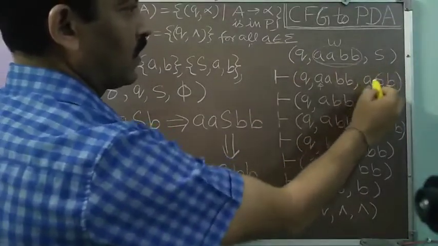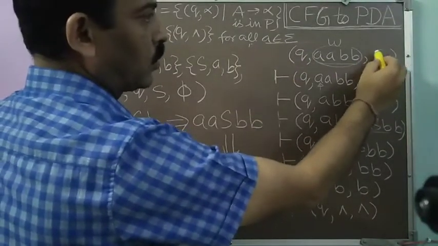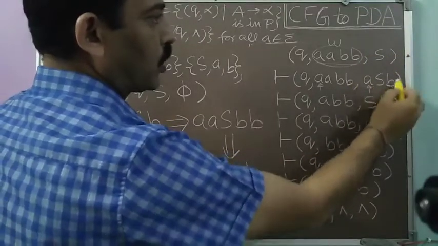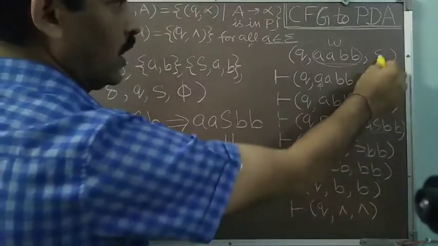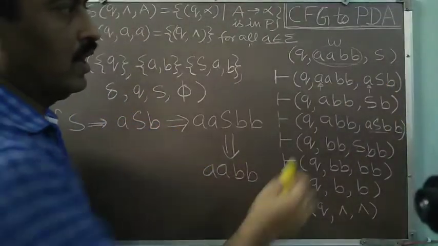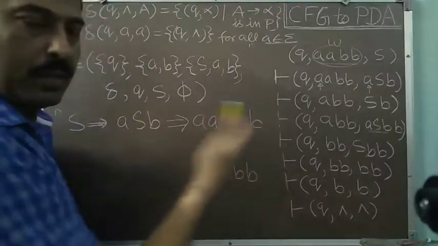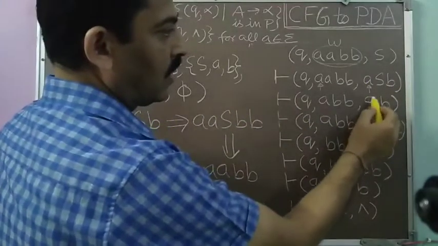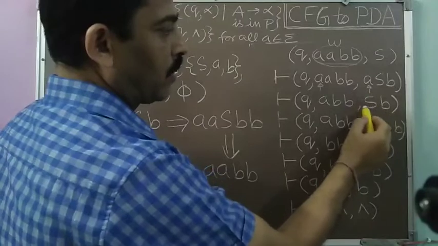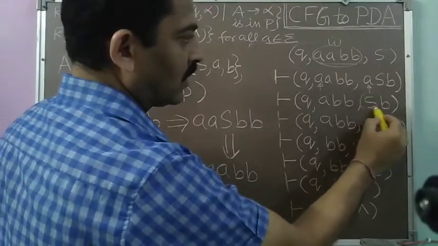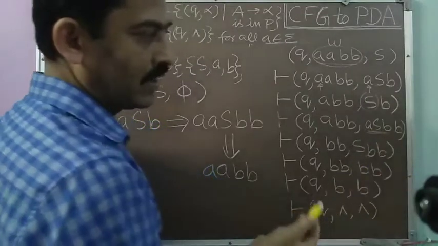If you carefully look, I am doing the same process here. Wherever I am getting a variable, I am removing this variable, and one of its productions I am pushing onto the pushdown store. So S to ASB I have pushed here. And wherever a terminal is coming, I am doing the matching so that the input is matched. And again where I have got the S, that is the variable on the top of the pushdown store, I have removed it, and at the place of this S, I have pushed ASB, that is one of its productions.